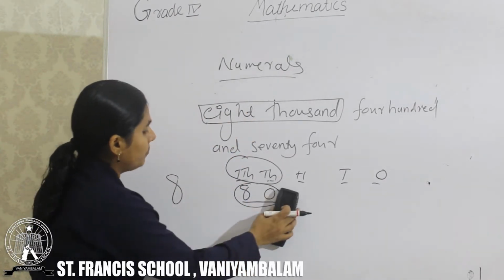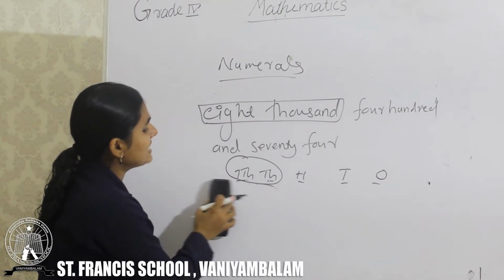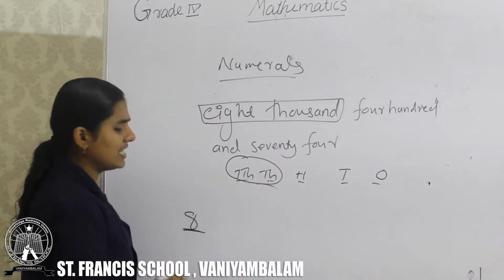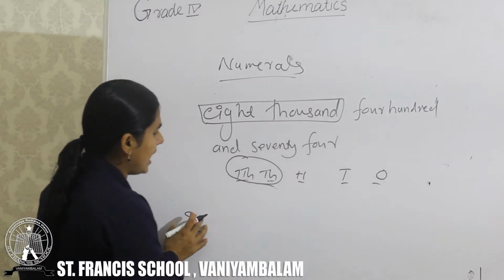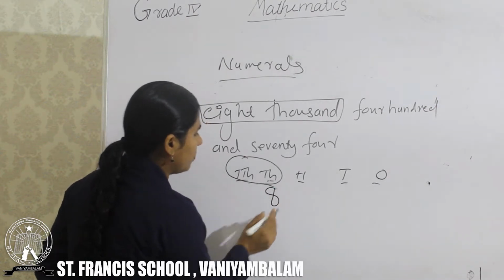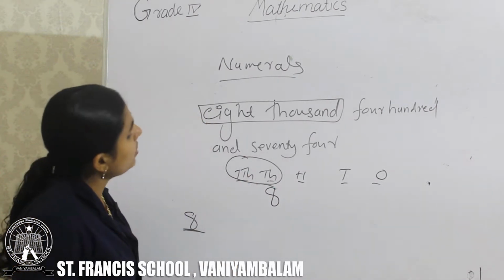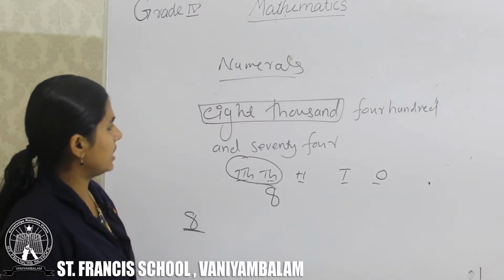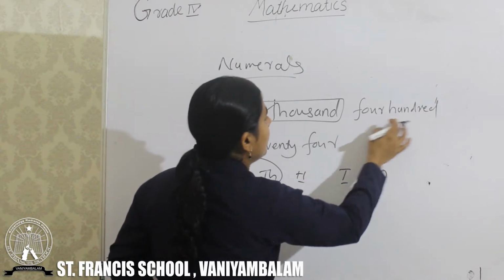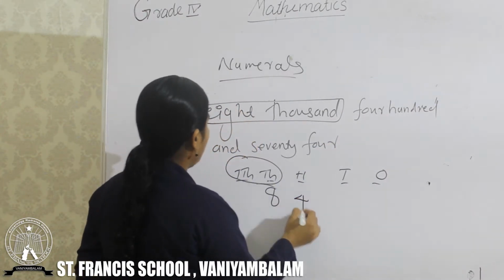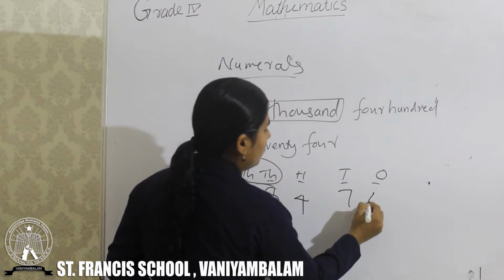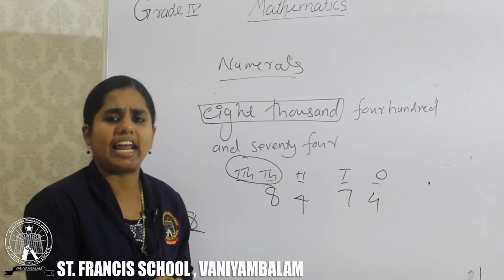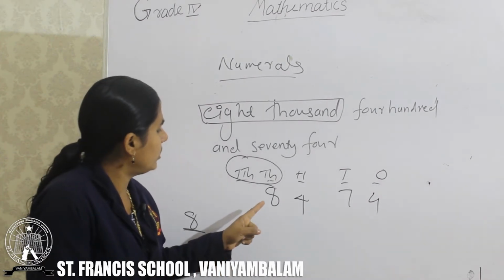Then what we want to do? Here we have only a single digit number. Only 8,000 means this is a single digit number. That 8 you want to write in which position? 1000 place. Now you read this. This is 8,000. Then next we have 100 place. We have which number? 4. Then next one 74. Then once again you read whether your number name is correct or not. Look here how to read this.